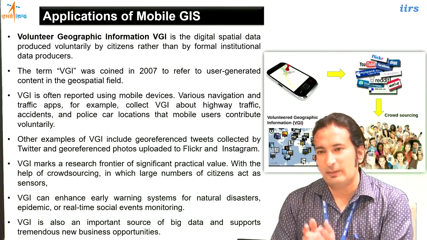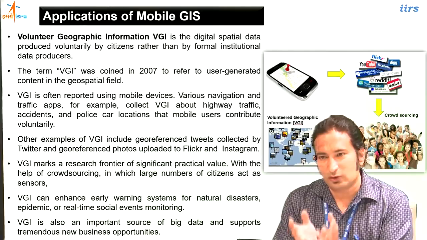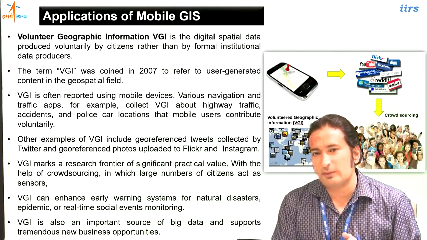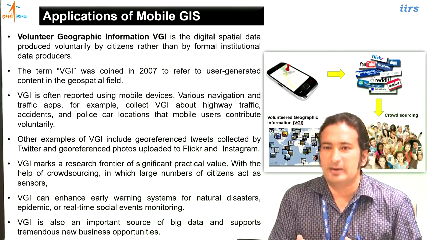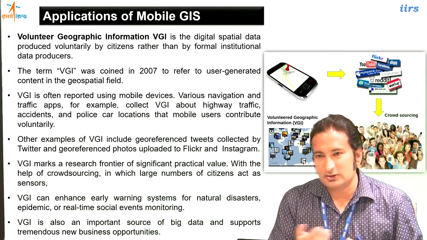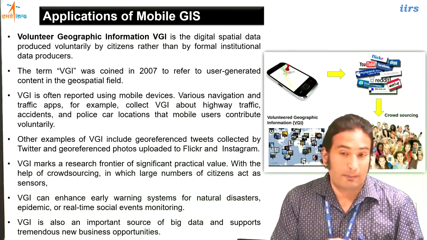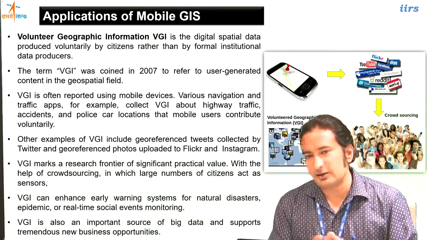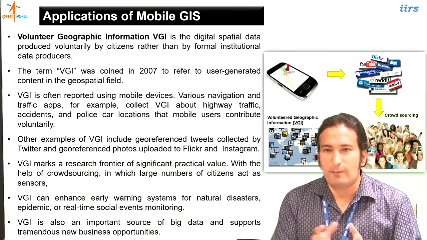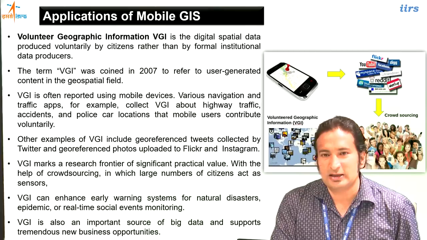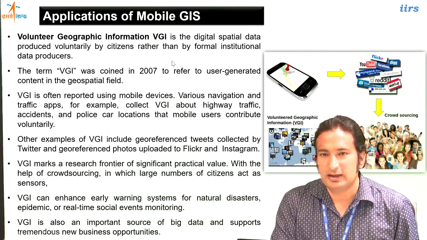The mobile phone application was given to them and they were able to collect all that data, and quickly, within 1 month, around 16,000 points were collected on various aspects like landslides, damage to buildings, damage to roads, or damage to river banks. So all these different aspects of information were collected. It was all possible due to VGI only, and mobile VGI is another good example of mobile GIS.